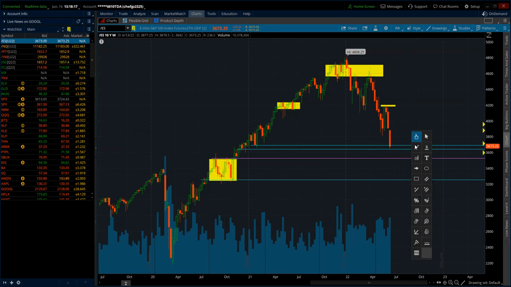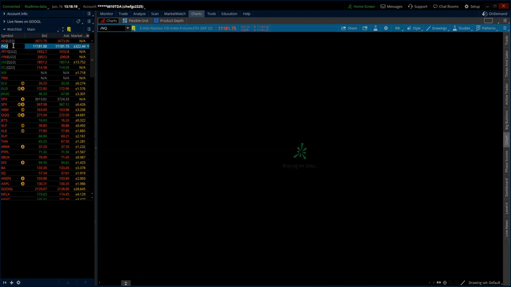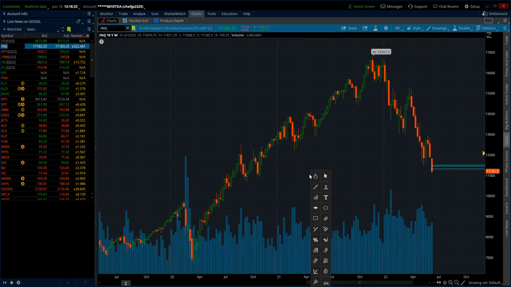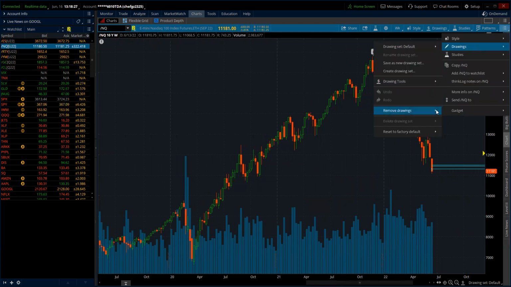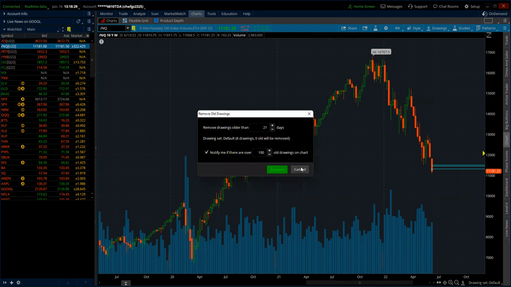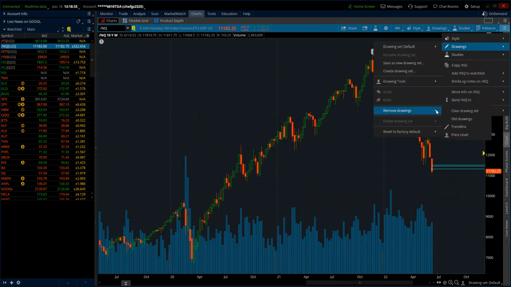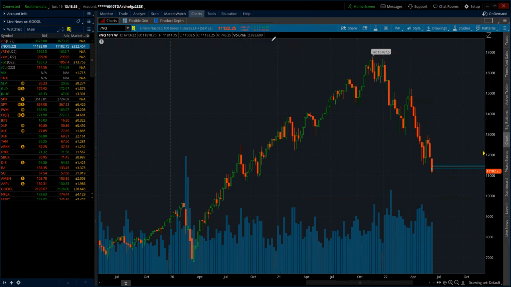Okay, so let's go look at NQ. I think NQ is going to be the same thing, guys. I'm going to break down every little future, because honestly, everything looks the same. Everything looks bearish and it looks like we're just going to keep on dropping some more, right? All right, let's check this out.